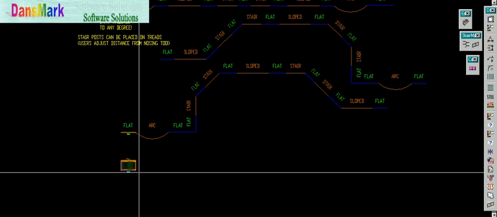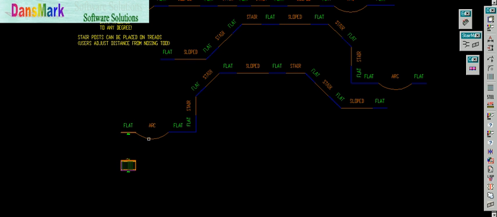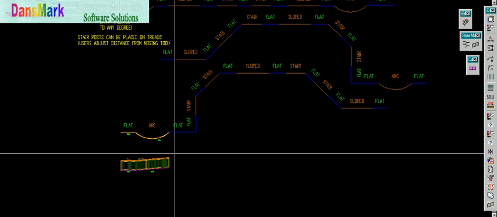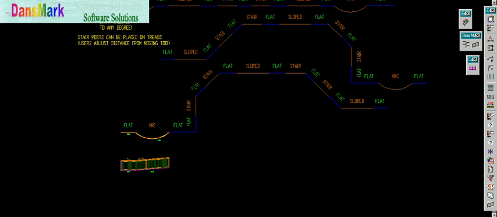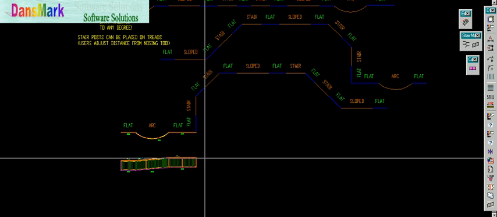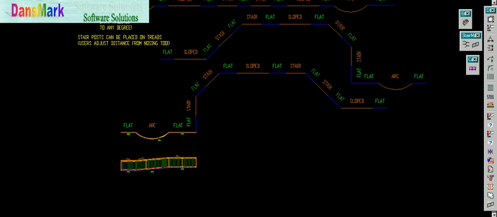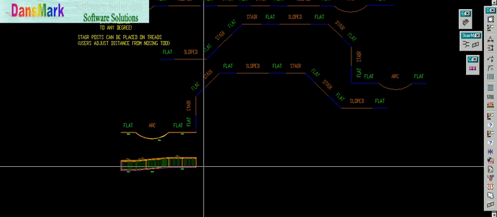We'll do another one. Continue, flat. Another. We'll go from you, and we'll do a flat. And notice it asks you to pick another point. So we're going to pick a point just a little ways away from that one. It finds the vertical height that it needs to be at, and then draws the railing in there and puts the match lines in there for you. We'll do another one,